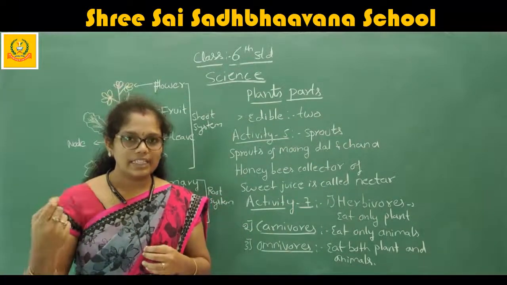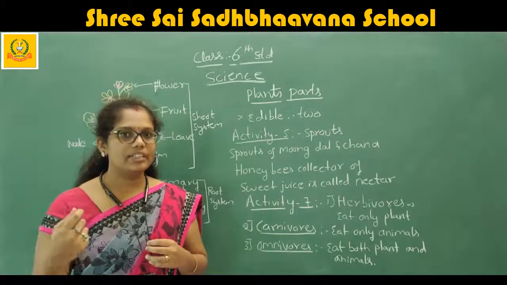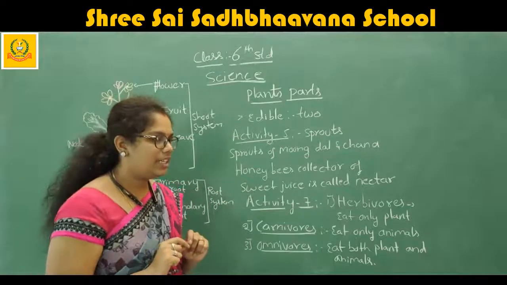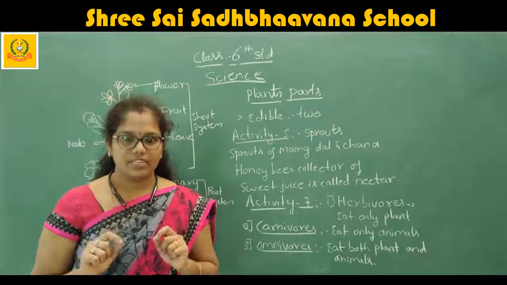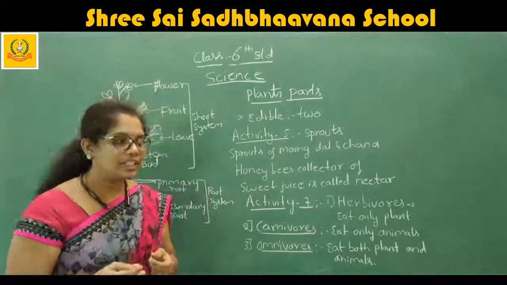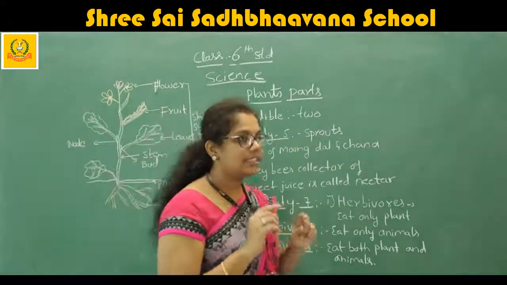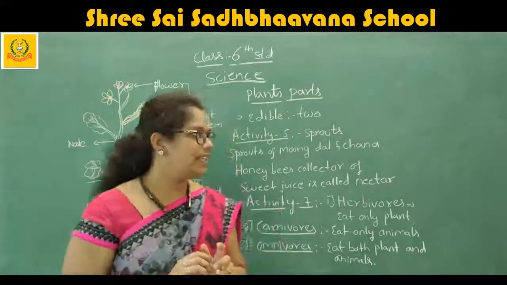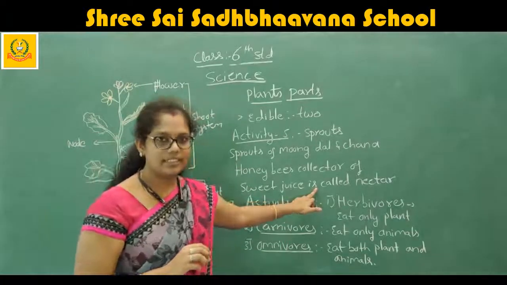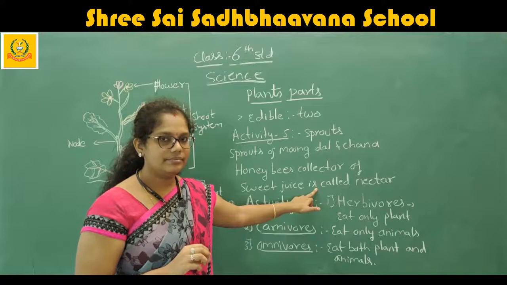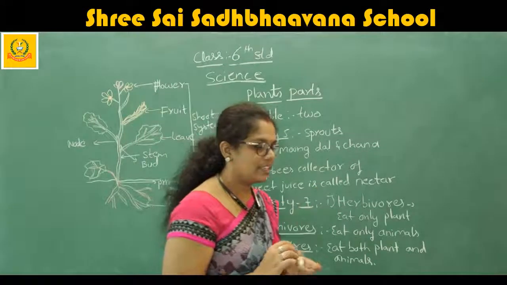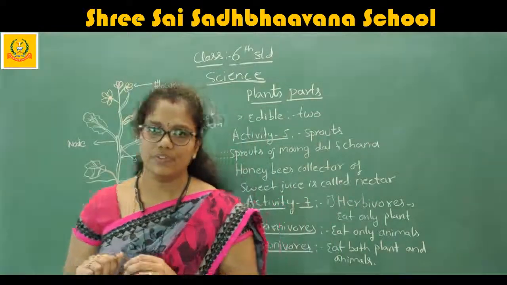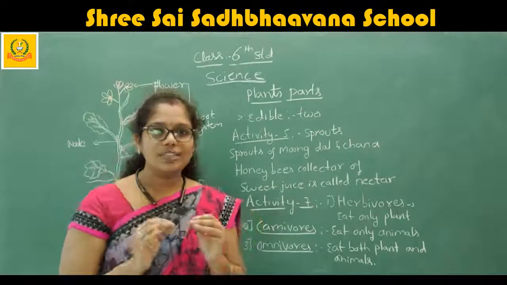And that honey collected from the flower, the honeybee comes and collects in one net-like structure. If you see the structure of the honeybee hive, it is like a net-like structure. In that net-like structure, the honeybee fills the honey. That net-like structure is known as nectar. Nectar. What is this nectar? Nectar is nothing but what the honeybee collects from the flower. That honey comes and it is not just collecting it.